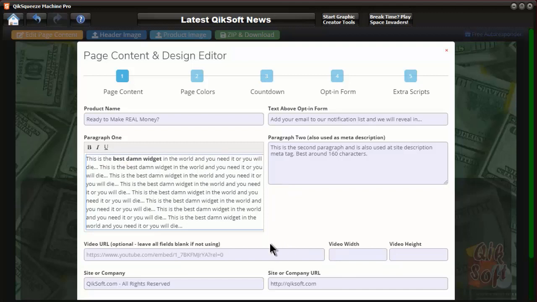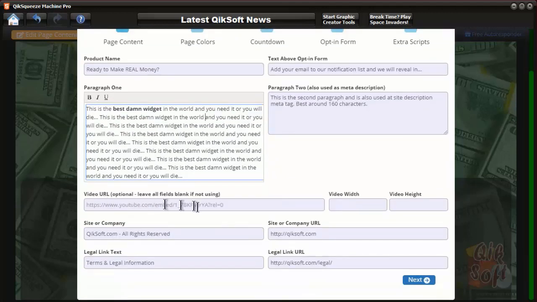All right, and now also, if you want to, you can add a YouTube video. It works with some of the other services too. Experiment and see. I'm not going to guarantee anything, but YouTube. Okay. And if you'll notice this placeholder text here, there's actually nothing there. It's just a placeholder text. You see the embed and the video ID and the rel equals 0. Okay. You want to make sure you use embed if you want to see the video